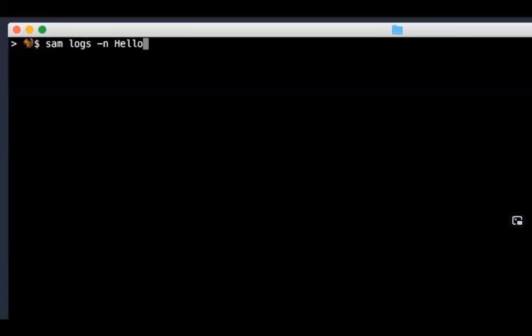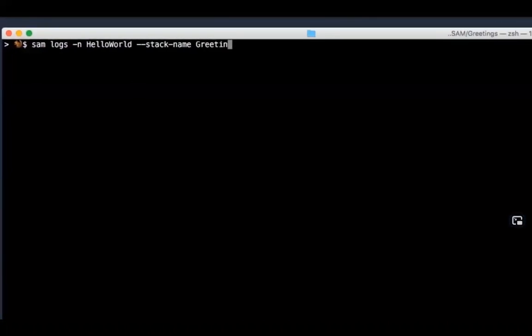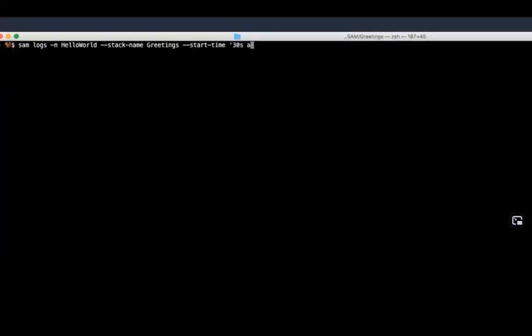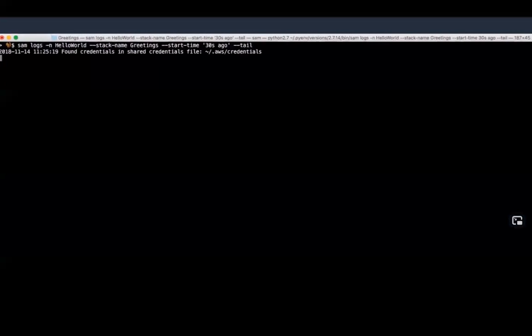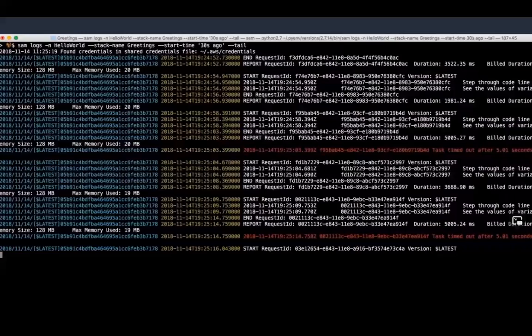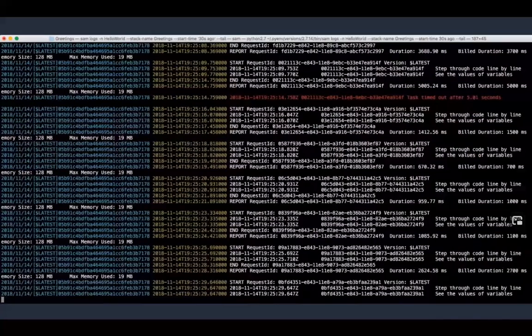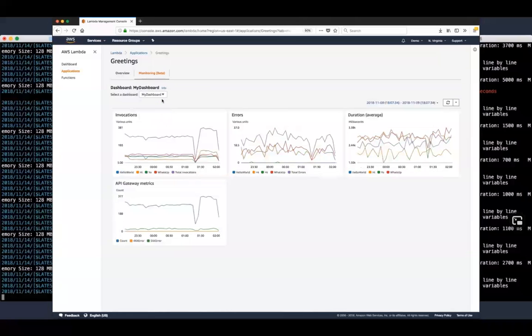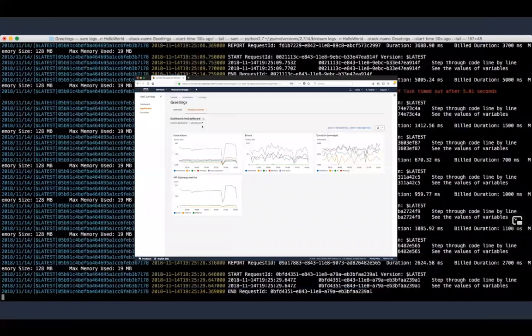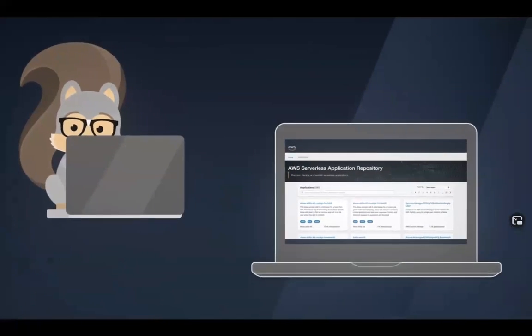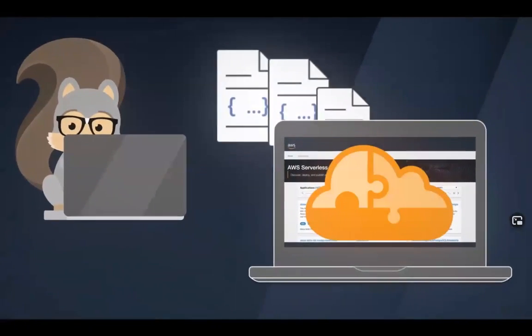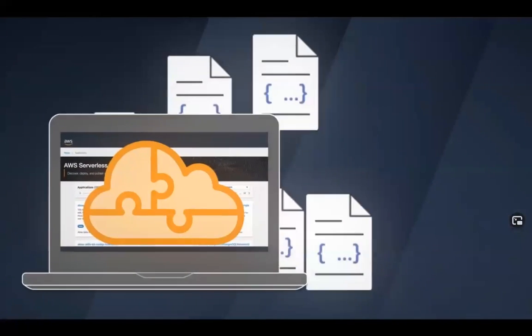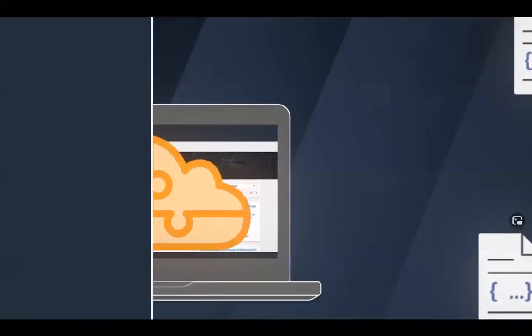Once your application is deployed, SAM helps you debug production issues. Use the SAM logs command to fetch, tail, and filter logs for your Lambda functions from the terminal, or see an application-wide monitoring view on the Lambda console. This displays metrics for all the functions in your serverless application and any custom CloudWatch dashboards defined in your SAM template. Built an app using SAM? Publish it to the AWS Serverless Application Repository so others can use your app and leverage architectural best practices too. To get started, visit